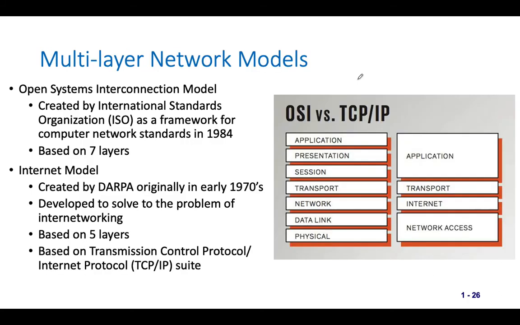Two main models. The old model is what we call TCP/IP, the one on the right. As you can see, it has the application layer, transport layer, internet layer, and network access layer, and each one has functions and services. It was developed by DARPA, which is the defense department. However,